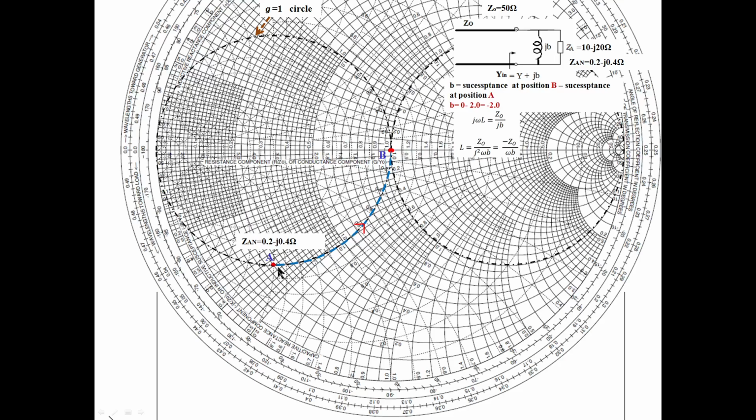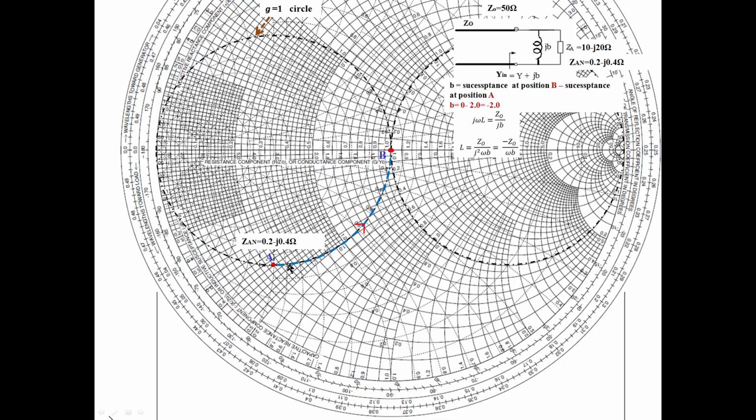So what should I see next? I should move on the conductance circle passing through this point. If I move in the anti-clockwise direction, I will reach the center of the Smith chart, this point. This is an impedance match. From here to here I should move. So our load is given. I marked the load, identified the resistance circle and conductance circle, and decided I should move like this. I will reach the center of the Smith chart.